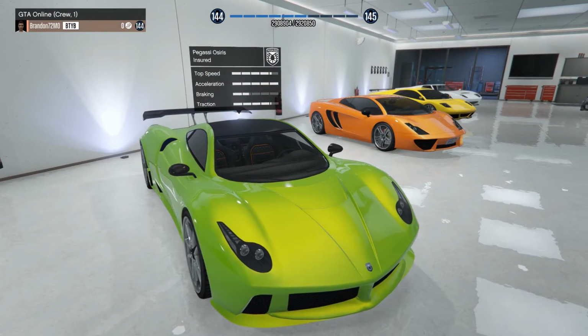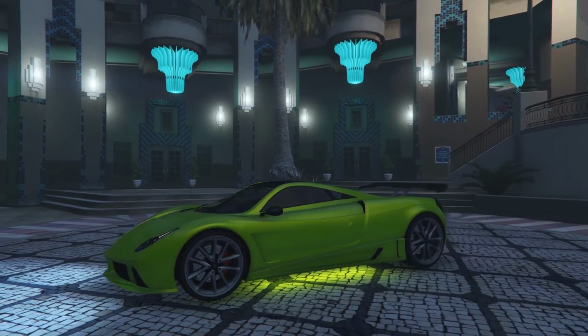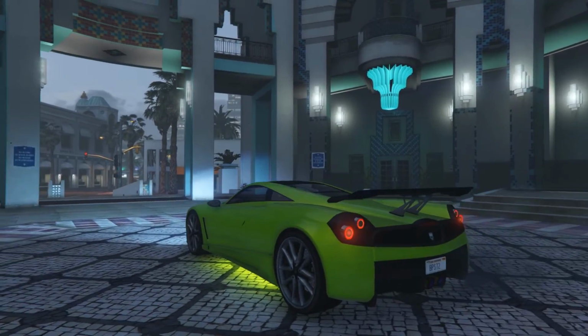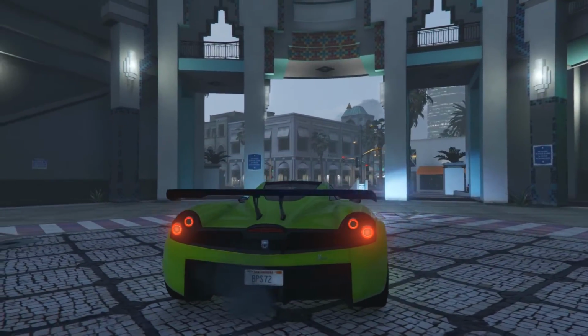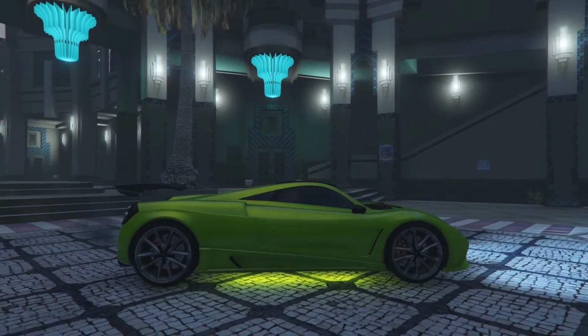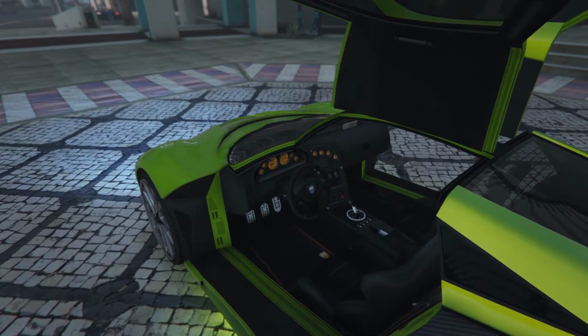Number 9 is the Osiris. Named after the Egyptian god of resurrection, the Osiris is a supercar that will breathe new life into your car collection. Osiris was typically depicted as a green-skinned man, so I have painted my Osiris supercar to match. The Osiris arrived with the first installment of the Ill-Gotten Gains DLC, and it reigned supreme as the top supercar